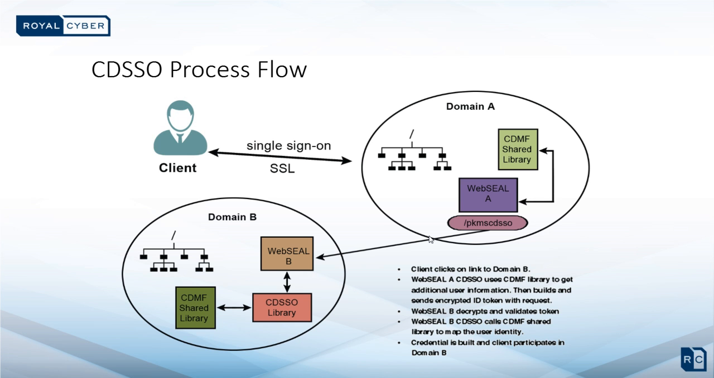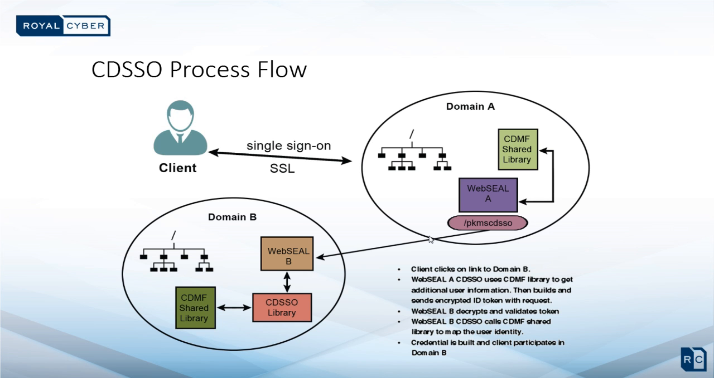The user makes a request to access the resource in domain B using a custom link on a web page located on server WebSeal A, let's say. The link is constructed using a special cross-domain single sign-on management page expression. It would be like /pkmscdsso?destination URL, followed with the destination URL. So when the request is processed by the WebSeal server in domain A, the WebSeal A server calls the SSO